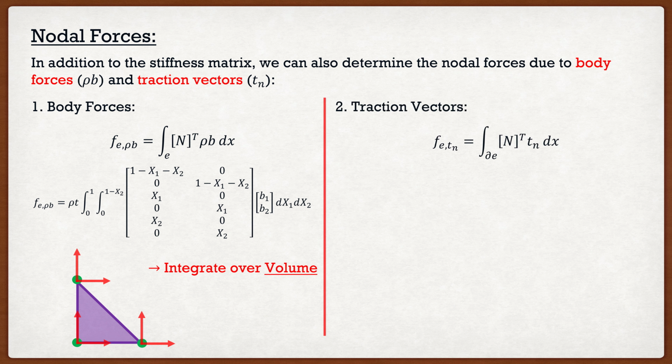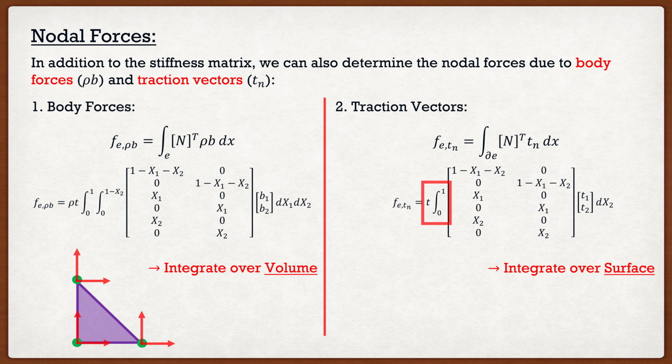Now, on the other side, we have traction vectors. So these would be things due to something like distributed load throughout our element. As we can see, the formulation is almost identical. The only difference really being is we're integrating over a surface, and instead of rho b, we have Tn, which is our traction vector. So when we're solving for it, it's actually going to look very similar. The only difference is instead of b1, b2, we now have t1, t2, and we are now integrating over the